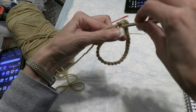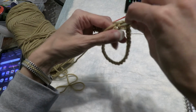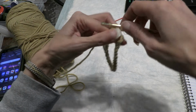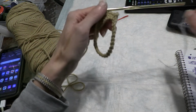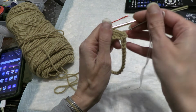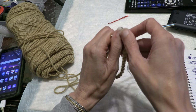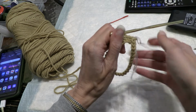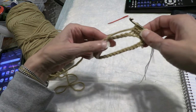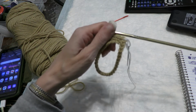And all the way around, 3 and 4. Counting back, 1, 2, 3, 4. Putting in my stitch marker here, and you're going to continue that all the way around until you get back to your stitch marker for a total of 30 single crochets. And I will meet you back at the stitch marker